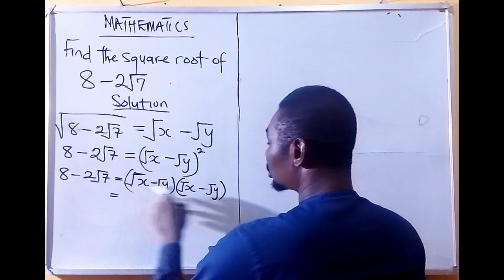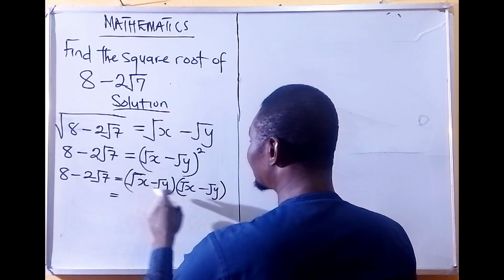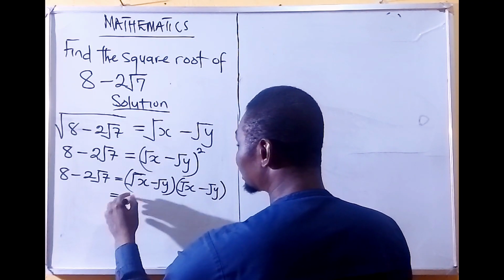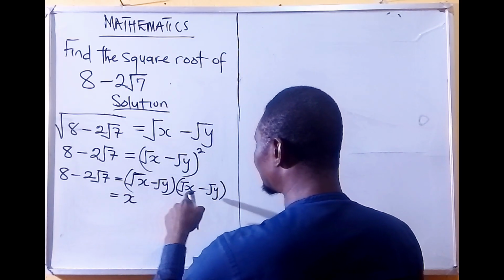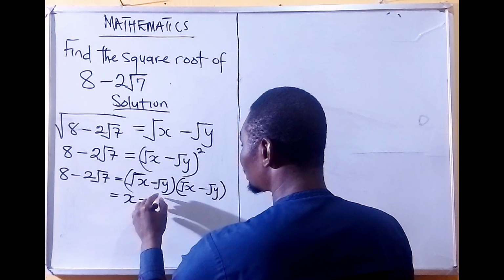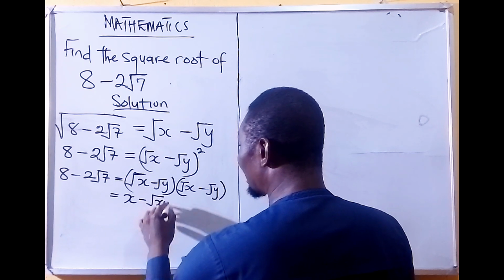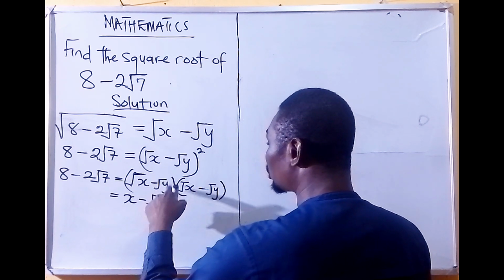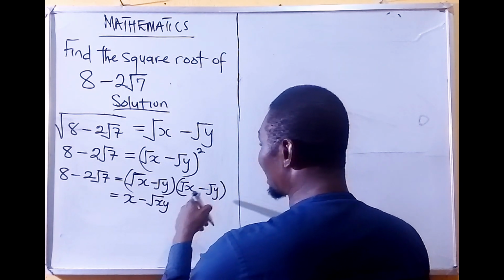So to expand this, square root of x times square root of x is x. Square root of x times minus square root of y is minus square root of xy. Minus square root of y times minus square root of y